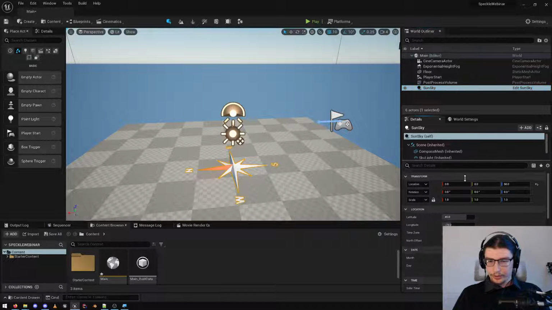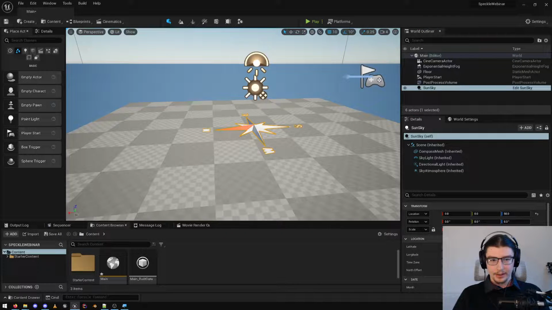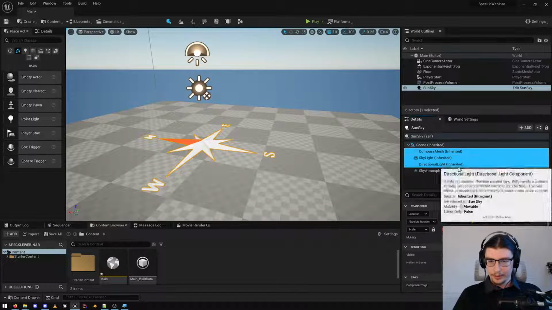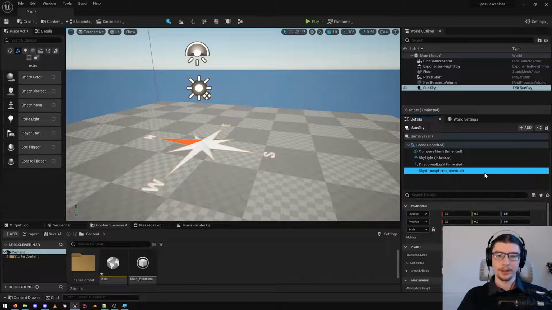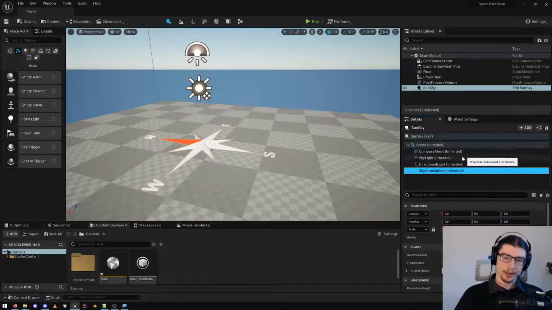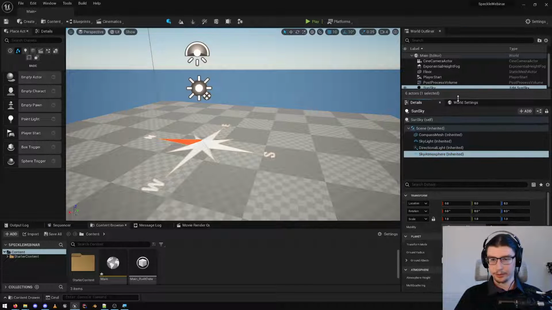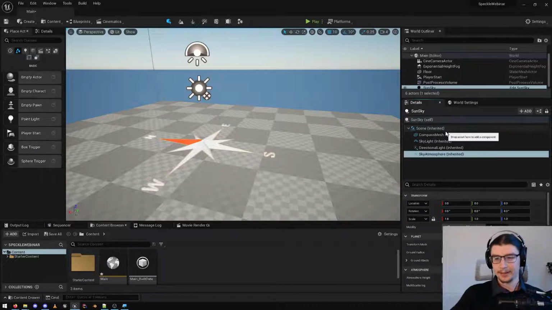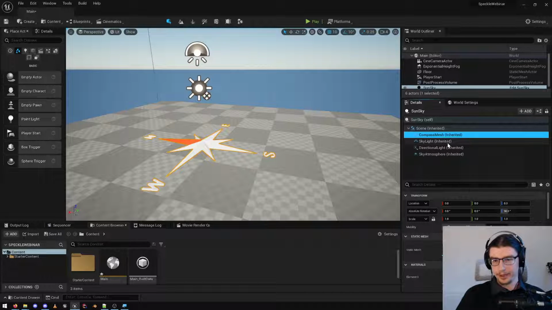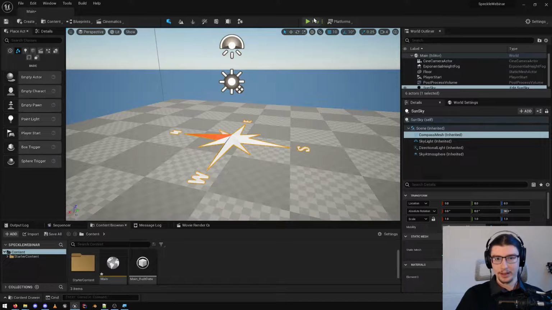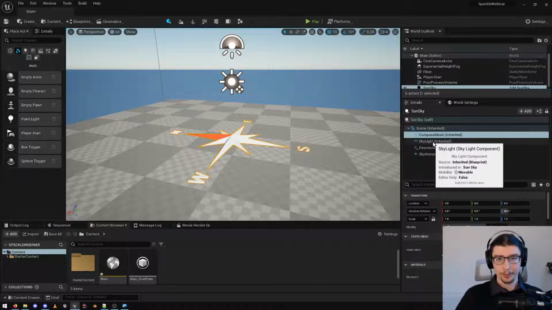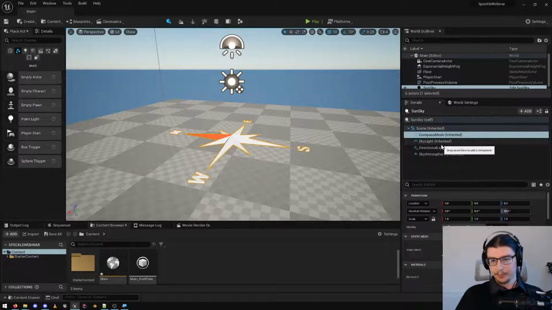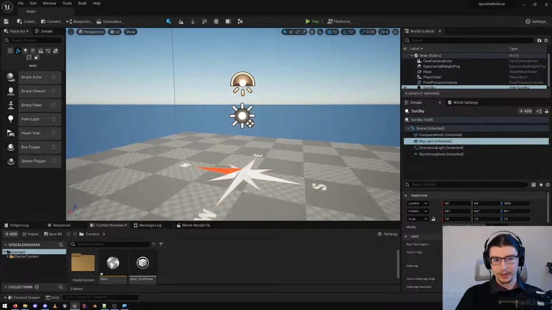So if I enlarge this, this Sun Sky Actor has certain components to it, and we don't necessarily need to worry too much about what these components are doing. I'll briefly show you an overview and rundown, but it's a detail that is unnecessary for most users for the Archviz workflows. So we have this compass mesh, which is just rendering in our editor. This won't appear in our renders or when we do the play of the scene. We have a skylight, which is giving us